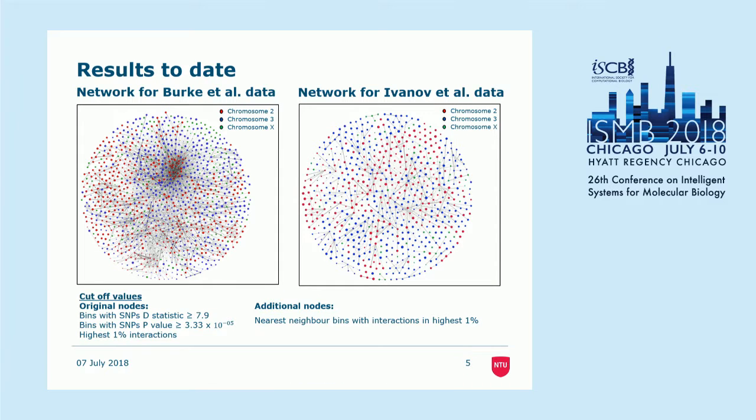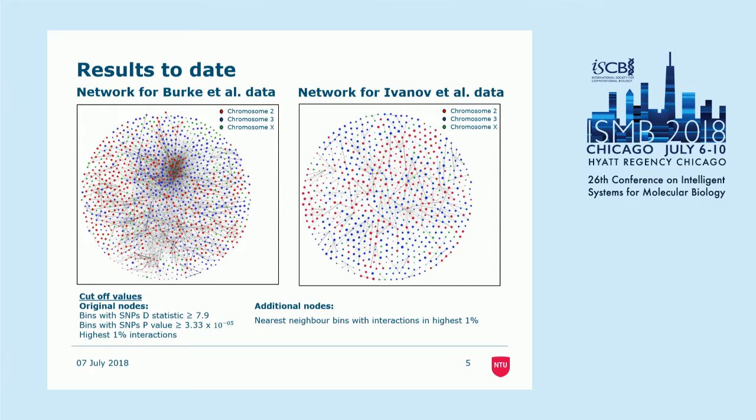So I created these networks for each of the data sets. So first of all, as I said, we calculated the d-statistic for the first data set. So we took those d-statistics greater than 7.9, which was a genome-wide significance level of 5%, as you can see in the first network. And then we used Hi-C data to add in connections between these nodes, which fell in the top 1% of the entire Hi-C dataset